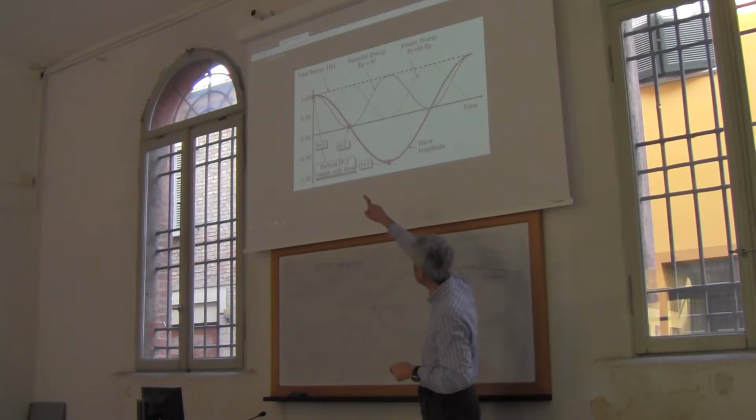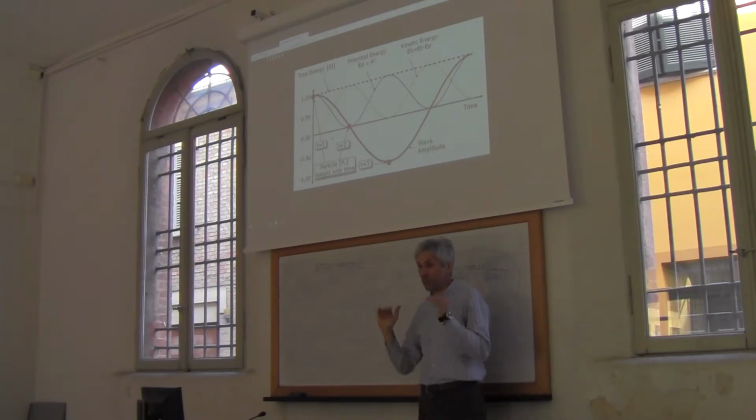You see the blue line, it starts from a max where you have the mean kinetic energy, which is understandable because when you get to the wave crest, the particle is just in steady state. It's not moving because the particle goes up and then gets to the top, and for a tiny instant, the particle doesn't move. So you don't have kinetic energy. And you have the max potential. Why is that? Because you are at the max elevation. So if you consider a single fluid particle, it's at the max elevation, max potential, no movement, so zero kinetic energy. That's perfectly understandable. And then the particle goes down.